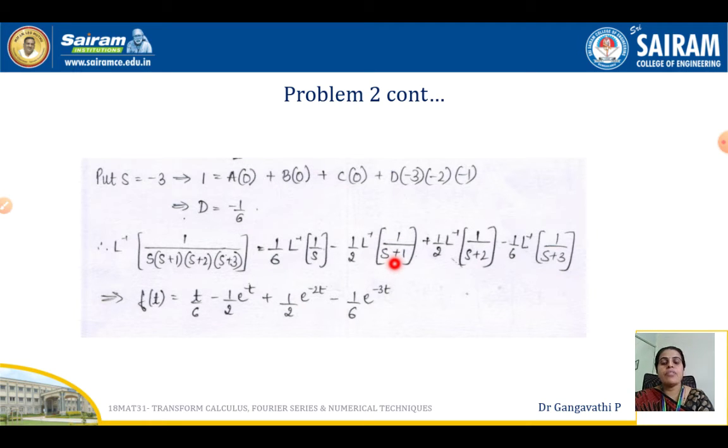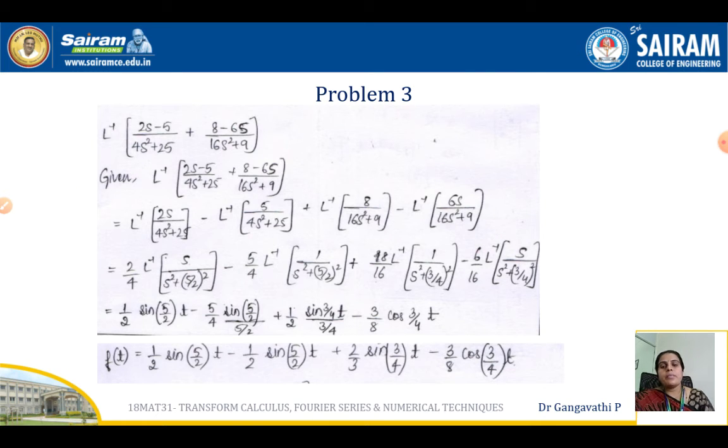It is L inverse of a Laplace transform of e to the power of minus. So we get this term, and from the third we get this, and from the last we get this. So this is how we need to find the solution. And here it is 1 divided by 6. The Laplace transform of 1 is a by s, where a is equal to 1. So there is a small mistake here, it is written as t, make it as 1. So this is how you need to find the inverse Laplace transform of the function by using partial fractions.